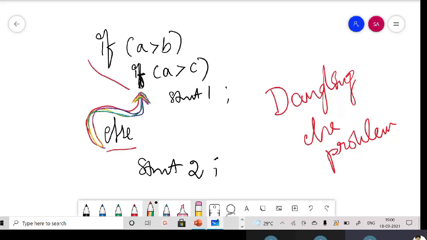Okay, so in which case do we do that? Can you share an example?